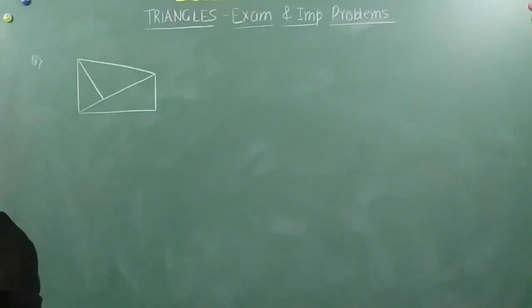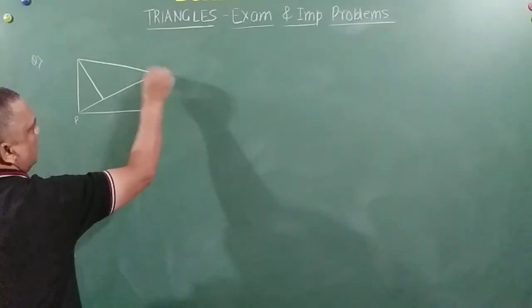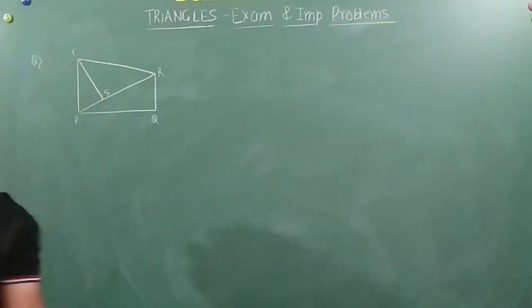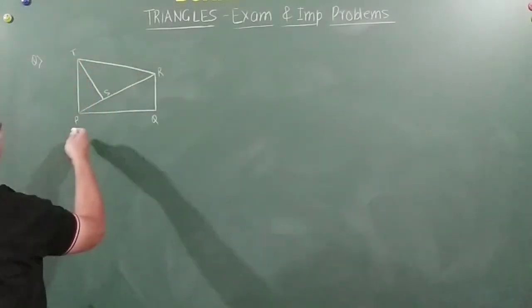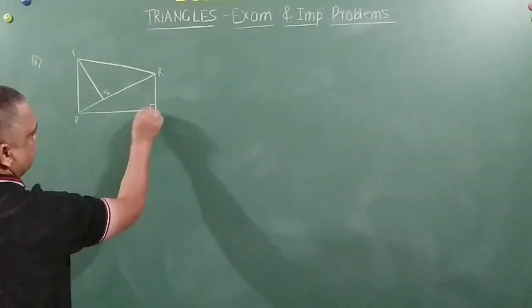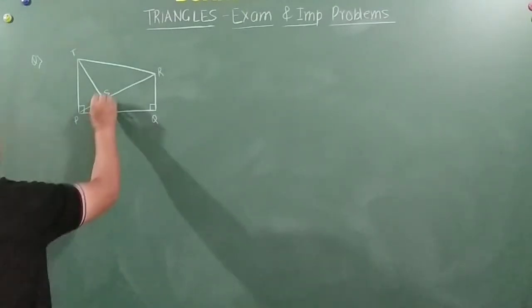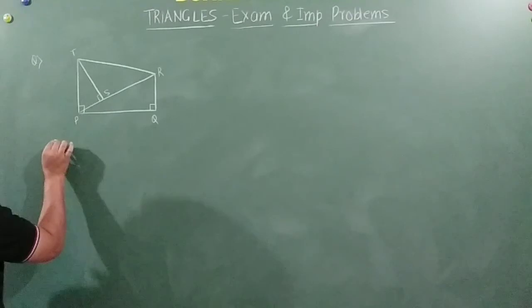Okay, friends, so the figure is like this. This is P, Q, R, T, and this is S, right? What all is given to us? RQ and TP are perpendicular to PQ. That means this is 90 and this is 90. Okay, what else? Also TS is perpendicular to PR. That means this is also 90. Right, prove that.